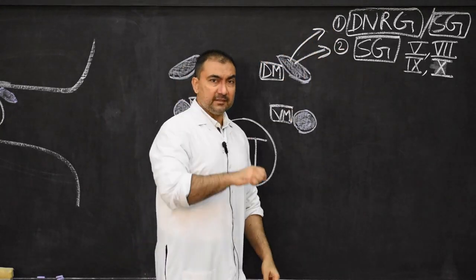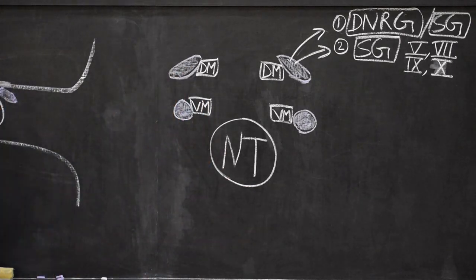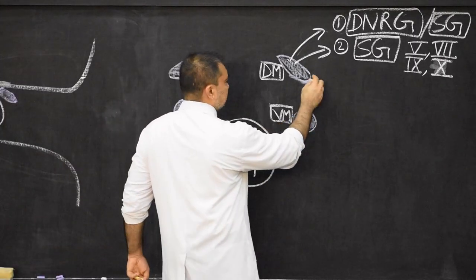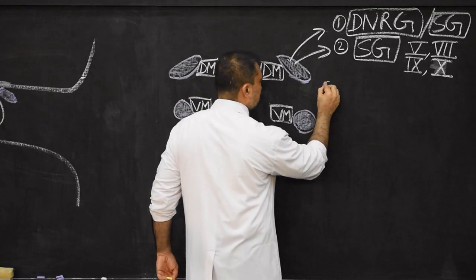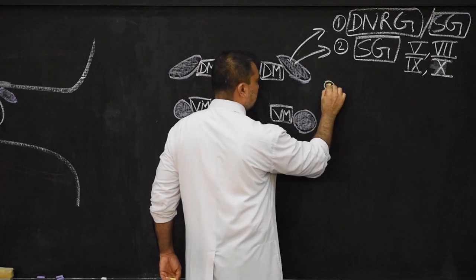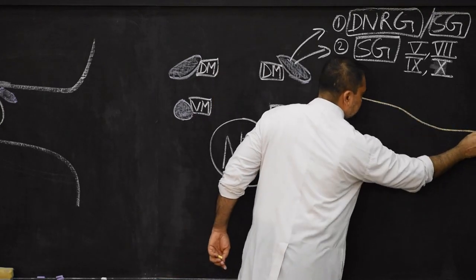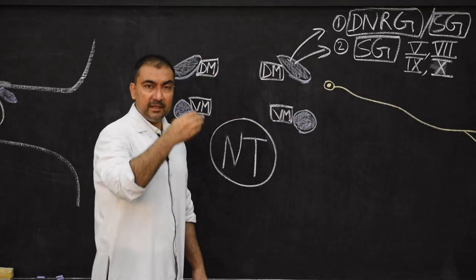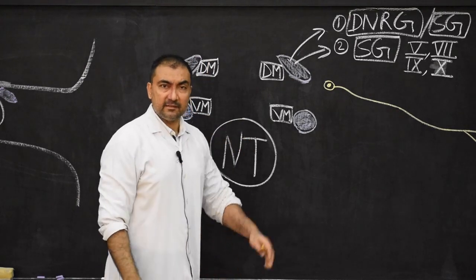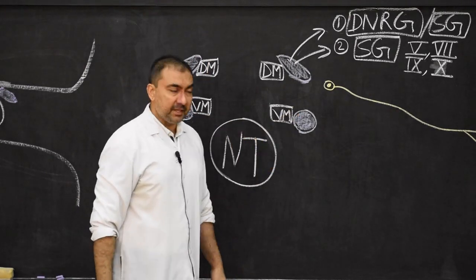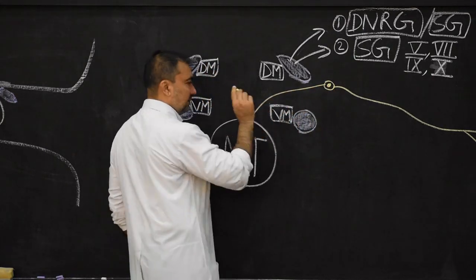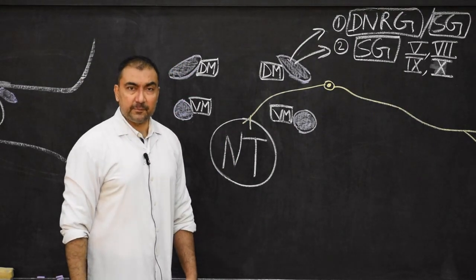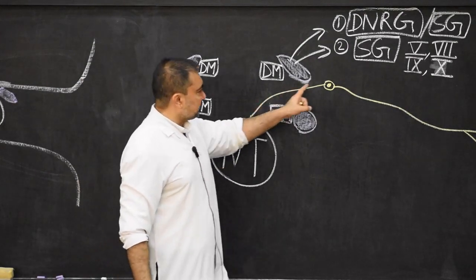Initially, these neuroblast cells, I will take the help of yellow color to show here. These neuroblast cells in the dorsal mass, what will they develop into? They will develop into a neuron, a nerve cell body, with one process which will pass peripherally and end in the sensory receptor area, in the various receptors present in the body, and one central process. This central process will pass into the neural tube, that is, the future spinal cord. So therefore it becomes bipolar.